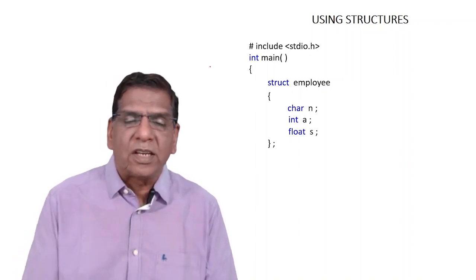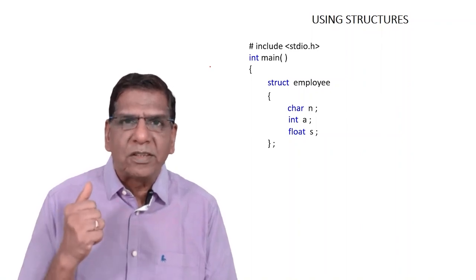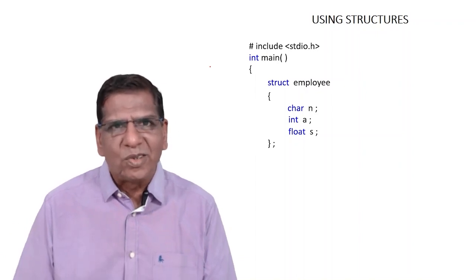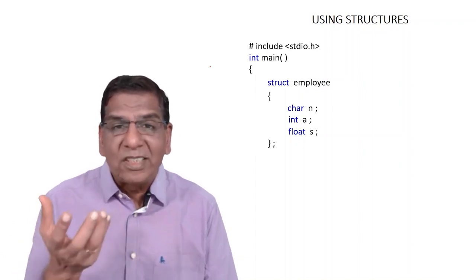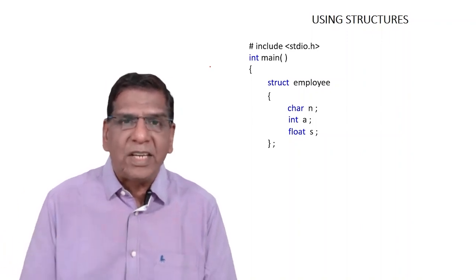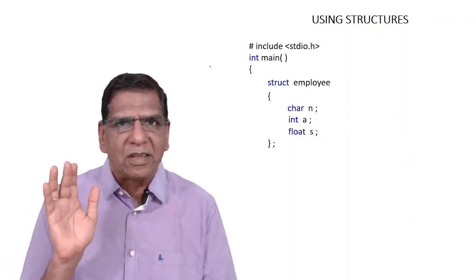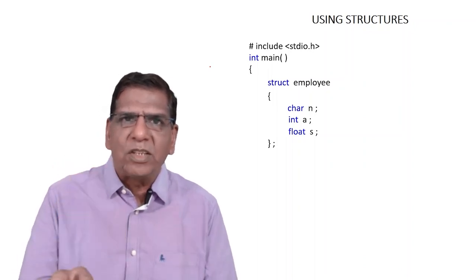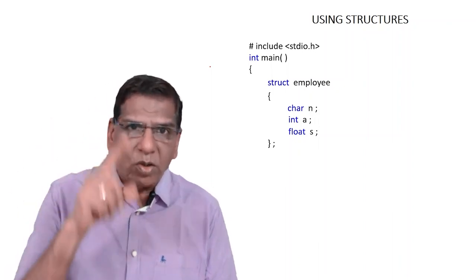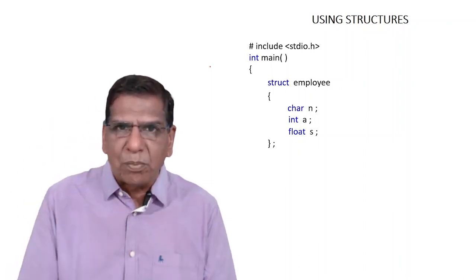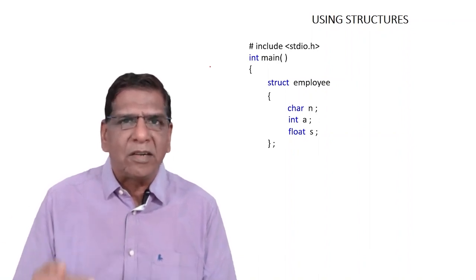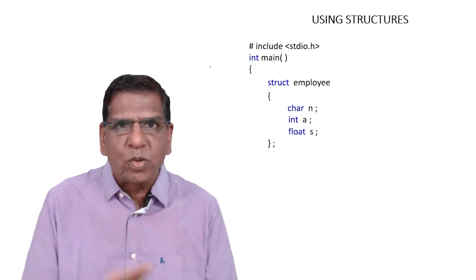If I ask you a question, how many bytes should be reserved for this struct employee? Well, answer is 0. Why? Because it's a declaration. Declaration, we know, never reserves space. Unless you define a variable, space is never reserved. In that sense, this struct employee is merely a blueprint, merely a template, indicating that tomorrow if you create a variable of the type struct employee, what all will it contain? It will contain a char name, int age, and float salary. As of now,